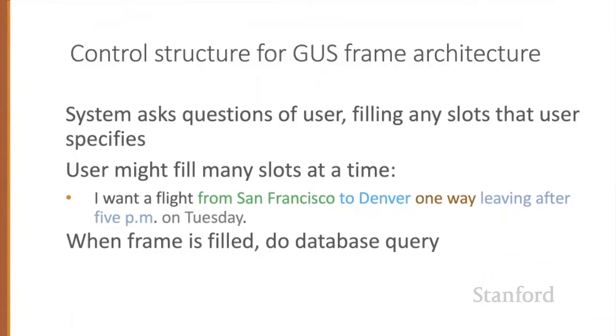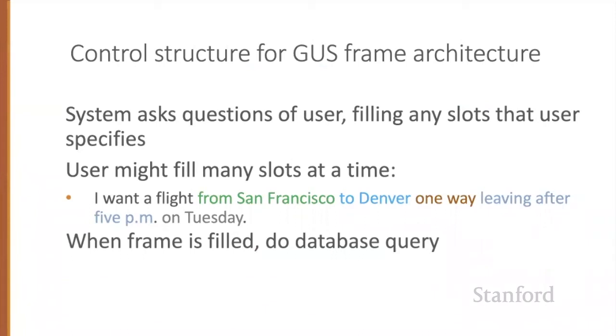The control architecture for GUS, used in some form in all modern frame-based dialogue systems, like Apple's Siri or Amazon's Alexa or the Google Assistant, is designed around the frame. The system's goal is to fill the slots in the frame with the fillers the user intends, and then to perform the relevant action for the user, answering a question or booking a flight.